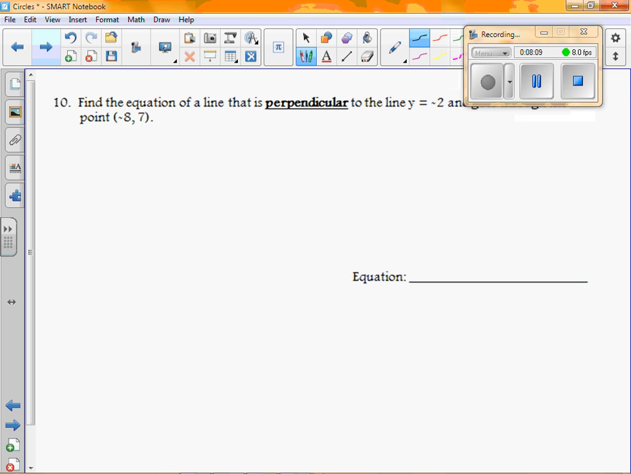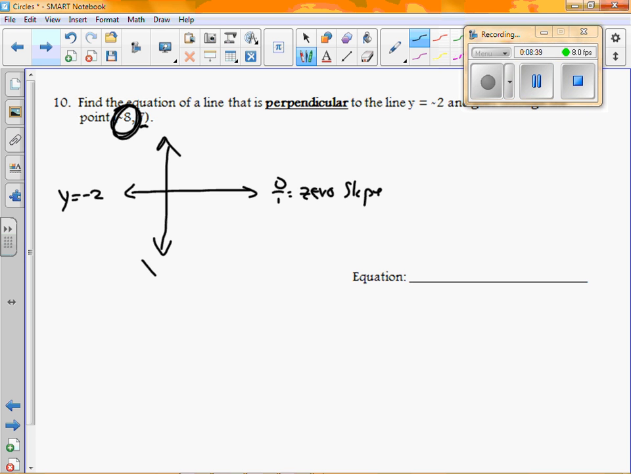Find the equation of the line perpendicular to y equals -2. Same concept. The equation y equals -2 is a horizontal line. There's y equals -2. It's horizontal because it has no rise, but it does have run, so that's 0 slope. And if I want to be parallel to it, I'd go through y equals 7, but this doesn't say parallel, it says perpendicular. So that means it's an x equals line. So x equals -8. And it's perpendicular to